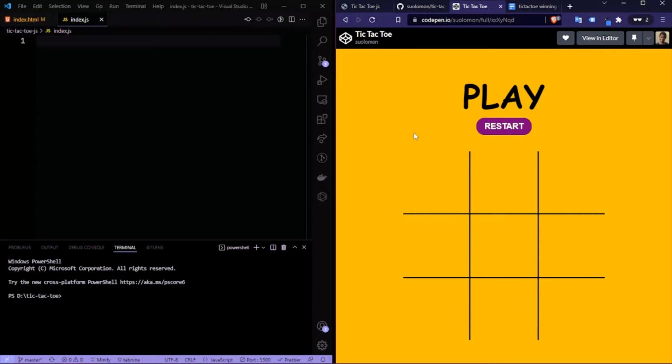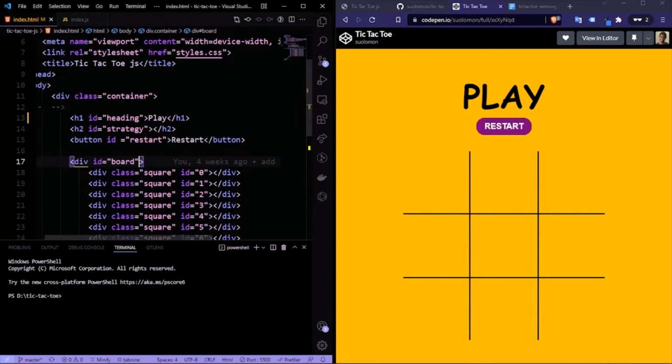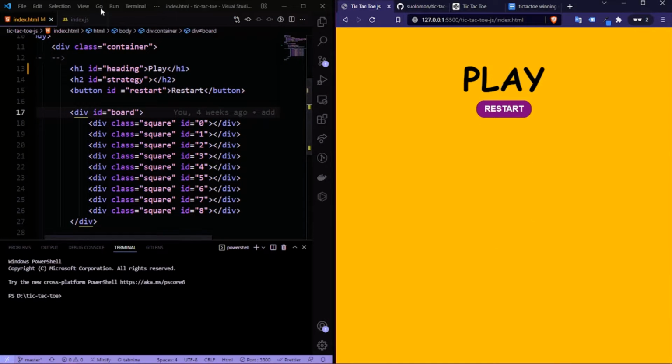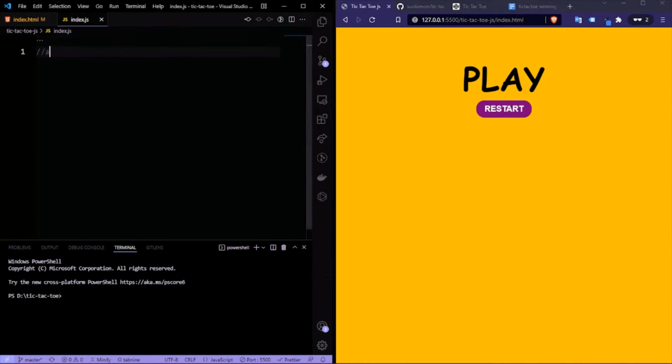So the first thing we always do in JavaScript is to access our DOM elements from our HTML file. If we go back to our HTML file, we see that we have a couple of them. We have our heading, we have our strategy, we have our restart, and we have, most importantly, the one we're going to start with, our square for now. Don't focus on the board, we'll come to the board later, and let's focus on the square. We want to first draw our board just like you see here. So first thing we do is access